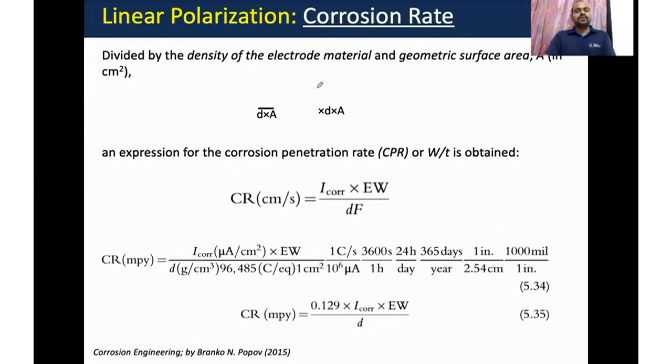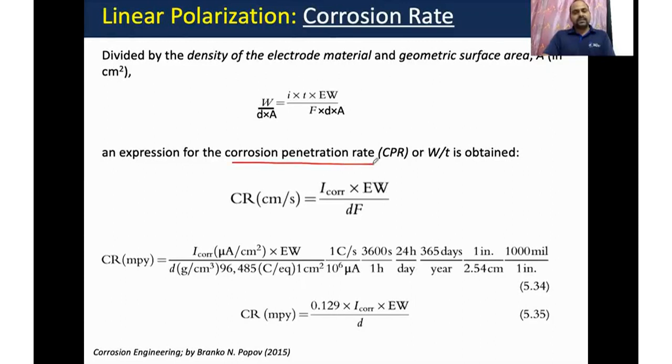So how can we calculate I corrosion? If we can calculate the corrosion resistance. Overall, things depend upon the electrochemical polarization, and that defines the value of Rp, and the value of Rp will define the value of I corrosion, and based on the value of I corrosion, we can calculate the CR.